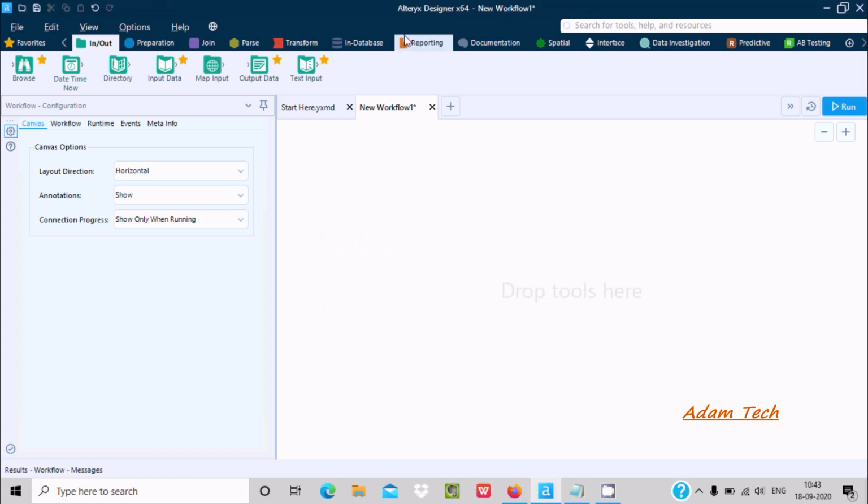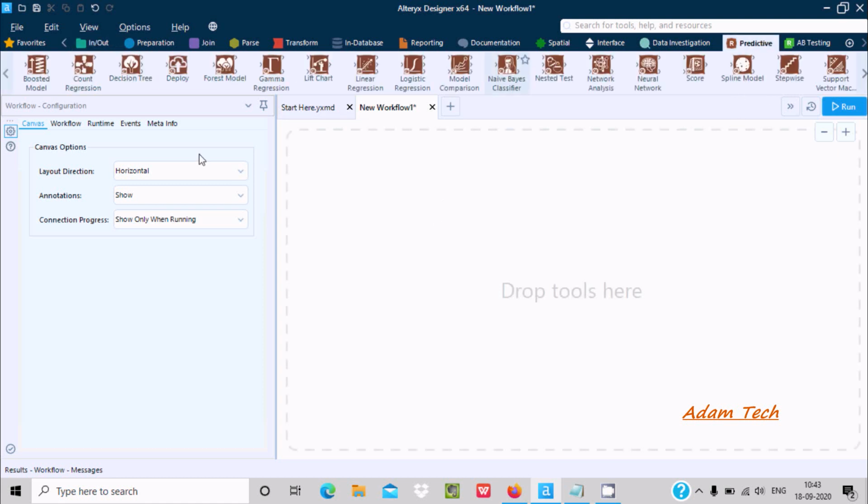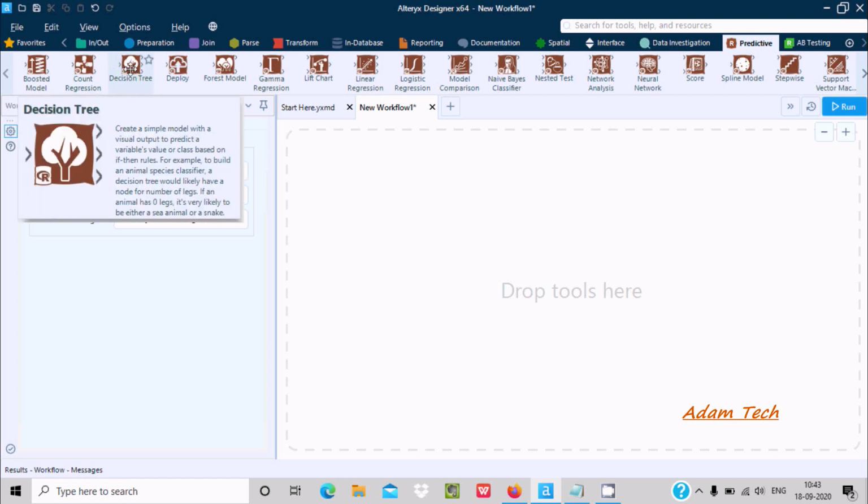So here you can see this is the Alteryx Designer new workflow, and first you go to the Predictive tab. Here you can see the Decision Tree tool. If I click on it, you get the definition: create a simple model with a visual output to predict a variable's values or a class based on if-then rules.